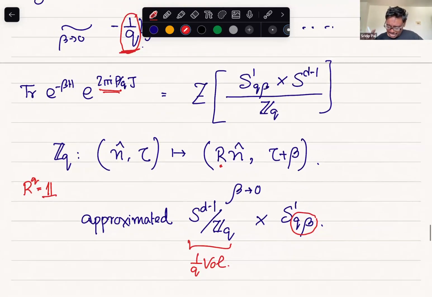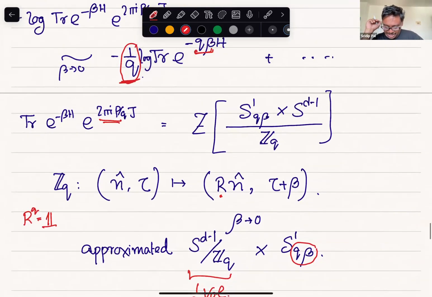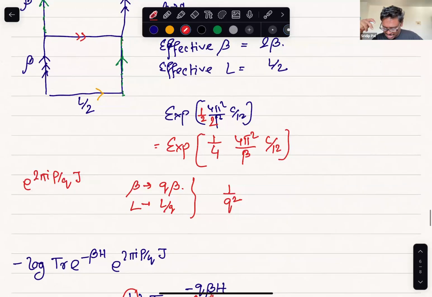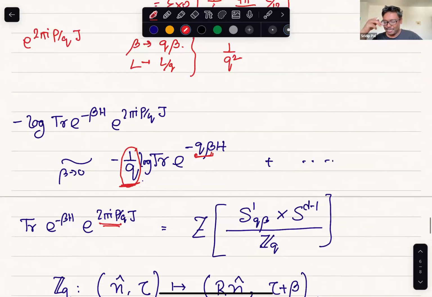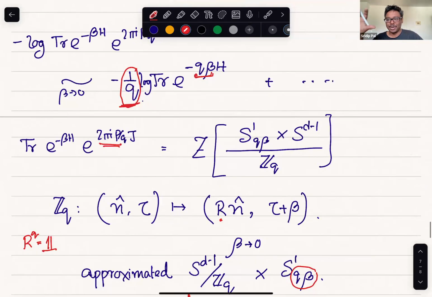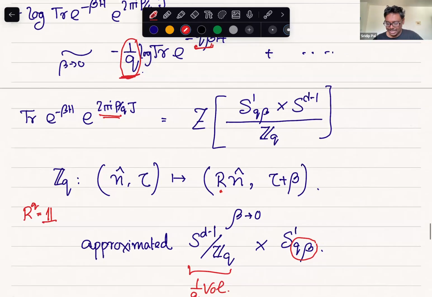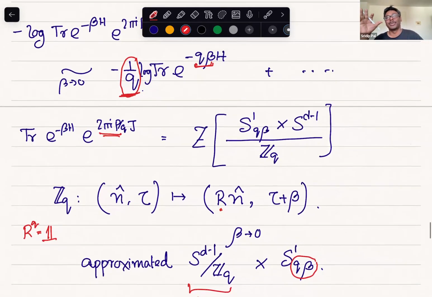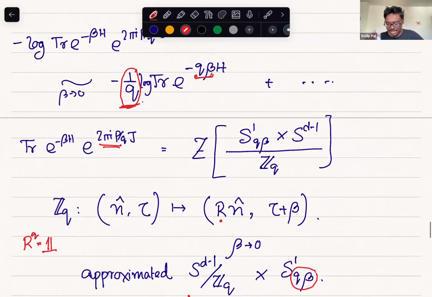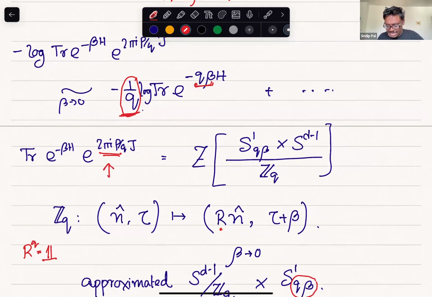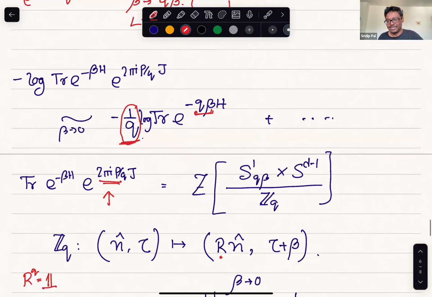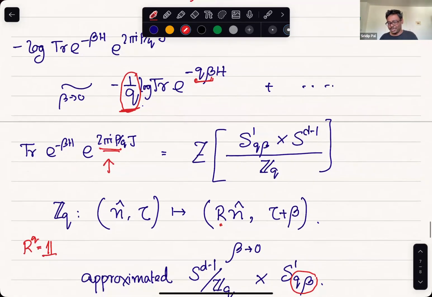Also, I should make one more comment: the fact that we have S^{D-1} didn't really play much of a role here. As long as we have any compact manifold M^{D-1} with some isometry group of finite order, I can insert this isometry group in the partition function and play the same game, because it's exactly doing the same thing. So instead, I would be writing M^{D-1} and quotienting by the same Z_q.